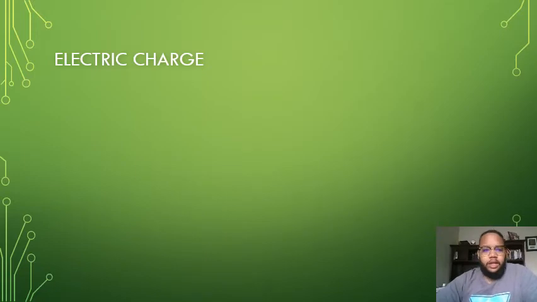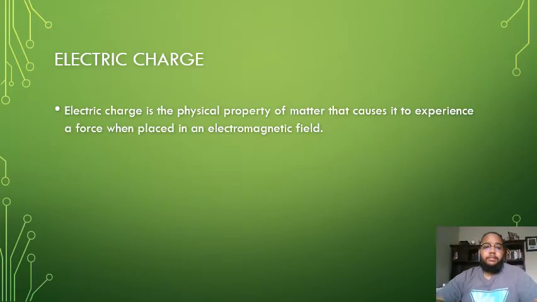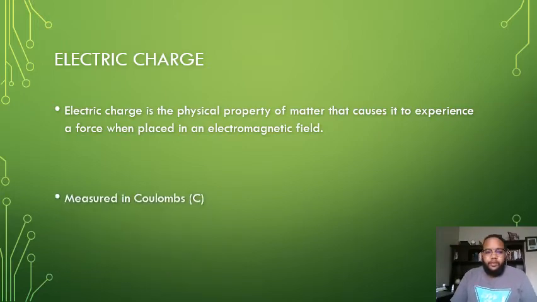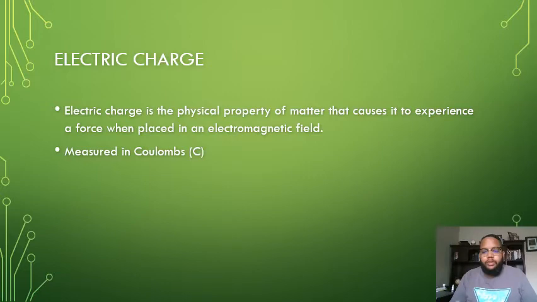So since current is charge over time, let's take a look at what charge is. Electric charge is a physical property of matter that causes it to experience a force when placed in an electric field. It's measured in coulombs,